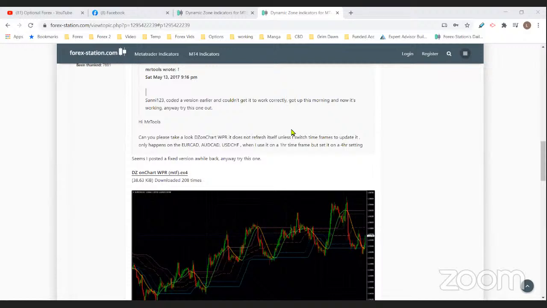So that's the first part. Take note of setups only outside of the band, not within the band. And on top of that, if price is below the band, then you want the center line to be orange. If price is trending above the band, then you want the center line to be green. So outside of band, green line or orange line.